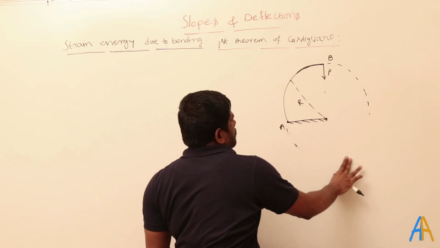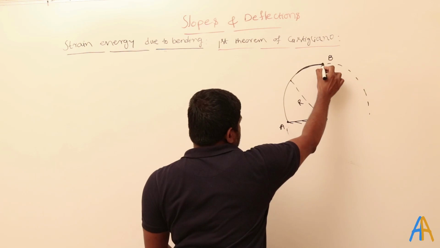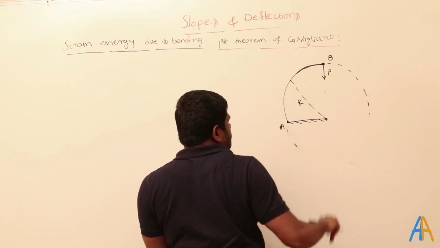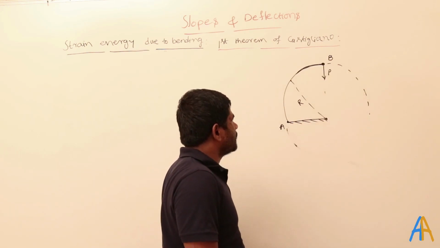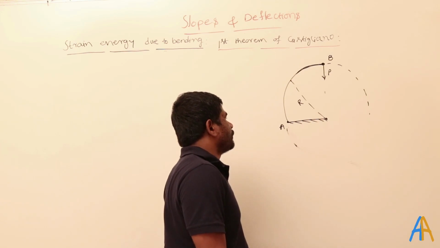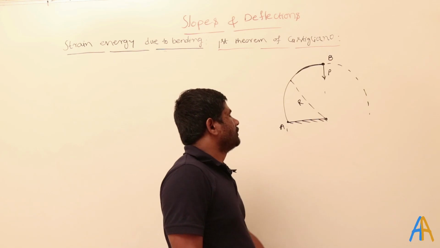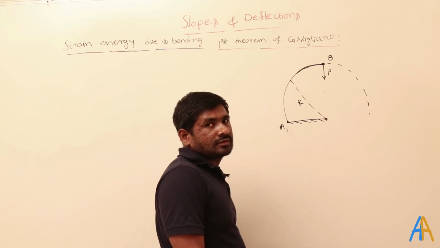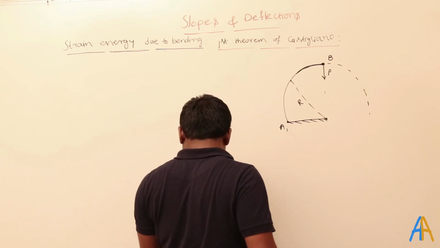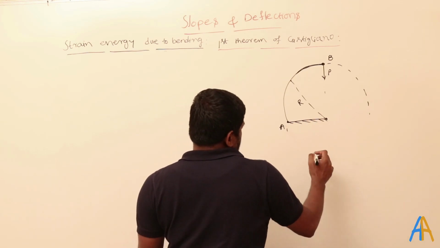Here at point B, I applied some force P in the downward direction. At this position, what is the vertical deflection at B because of that? How do we find this out? This is an interesting problem. See here, when I derived the